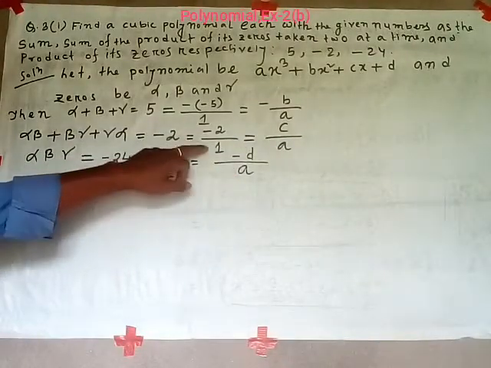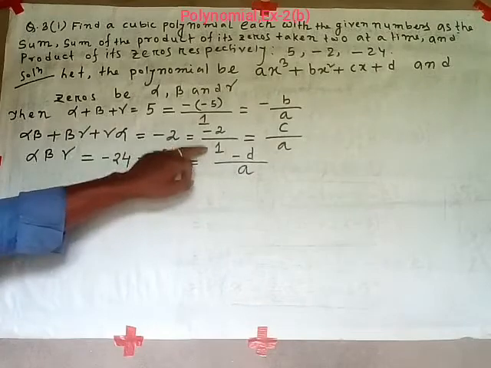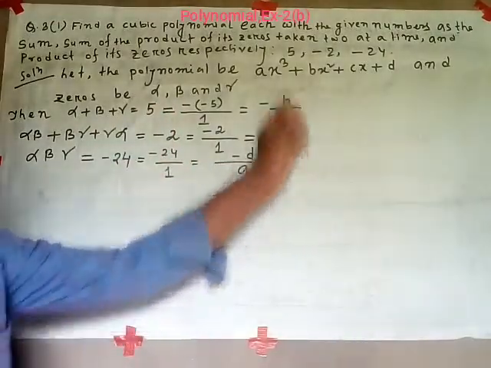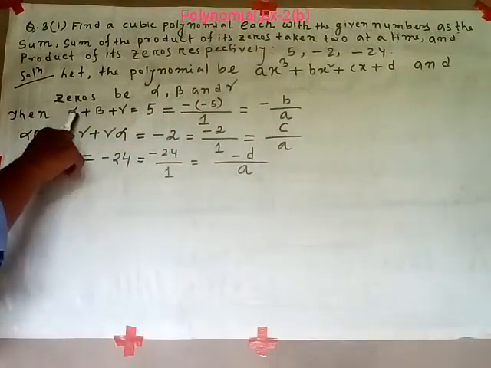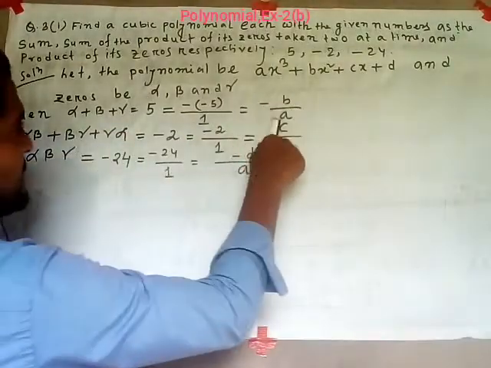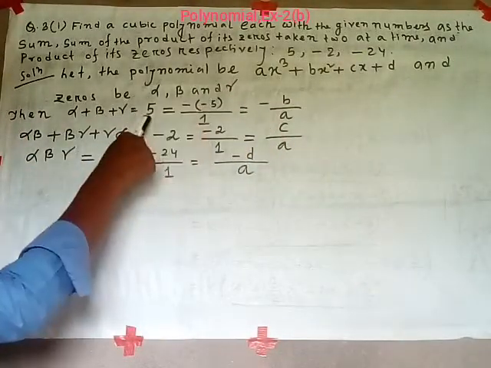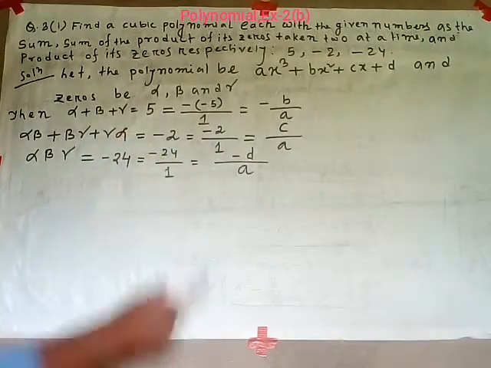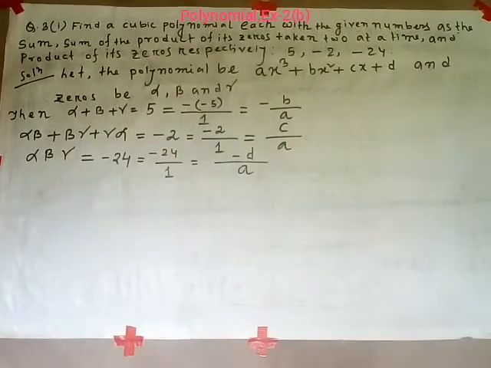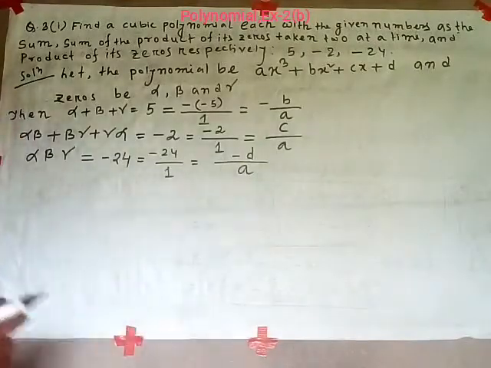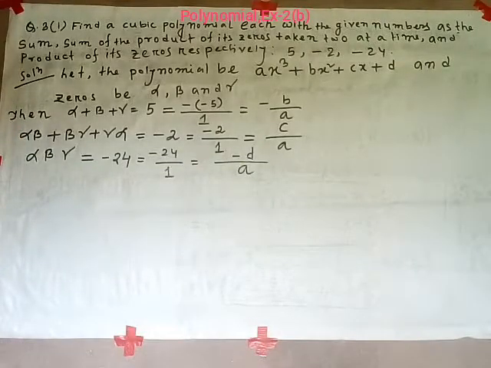Why are we considering this 1, 1, 1? Because we are trying to get the formula. What is the first formula? Alpha plus beta plus gamma equal to minus b by a. That's why we are choosing minus a plus 5 here. So this and this are the same. 1 as a denominator: if you write it, okay, if you don't write it, also okay. But we have to understand there is 1. 1 is the denominator.